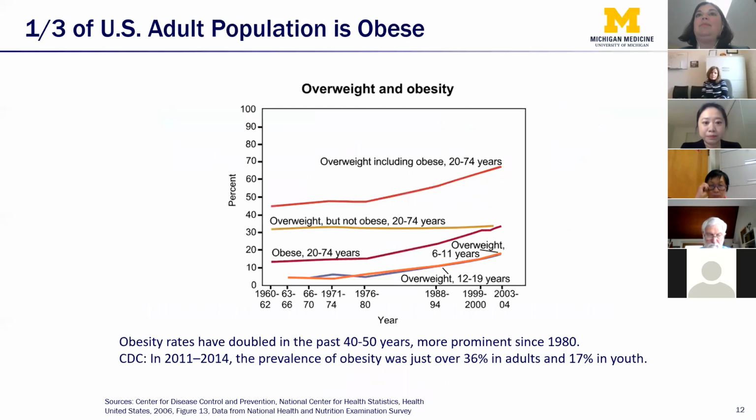Next, please. So as we all know, obesity is common, serious, and costly in US. According to the data from CDC, even back to 15 years ago, there were already more than 1/3 of US adults affected by obesity. If overweight is included as well, this number goes even higher to more than 50%. Next, please.